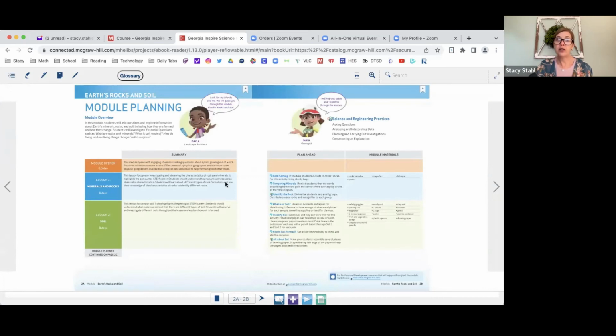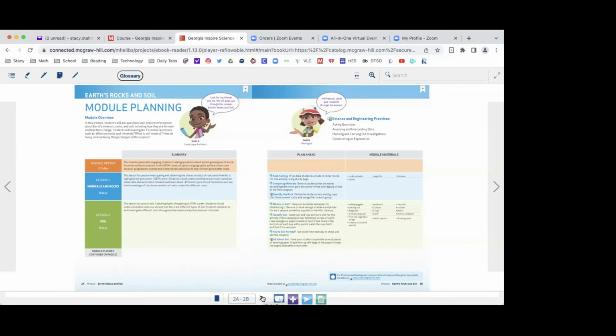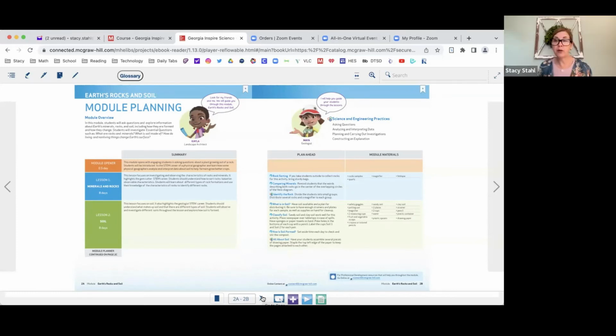And you can start by looking at the planning pages of the module, and then you can go into the lesson. And as we just went through the 5E model, I'm just going to give you guys some time to look through a lesson and look through the pieces for the 5E model. You can take a look at the Paige-Keeley Science Probe for a lesson,